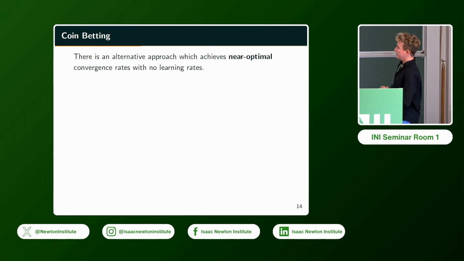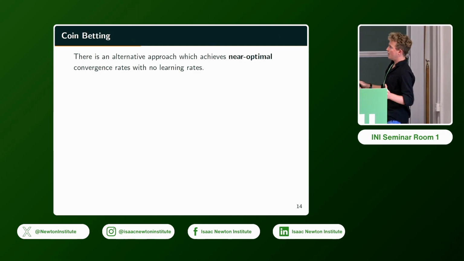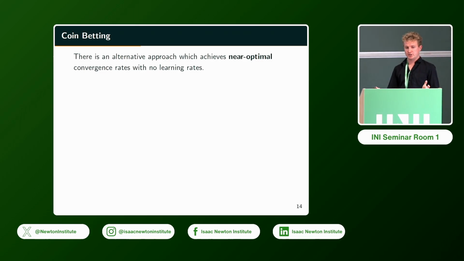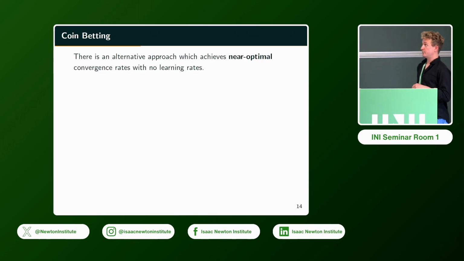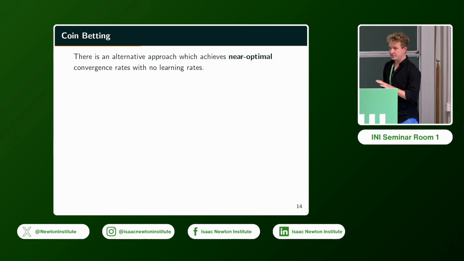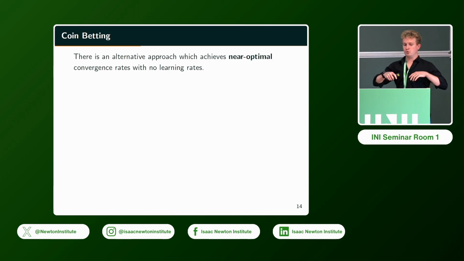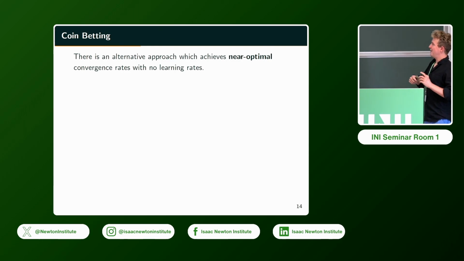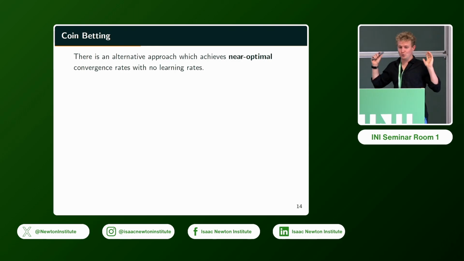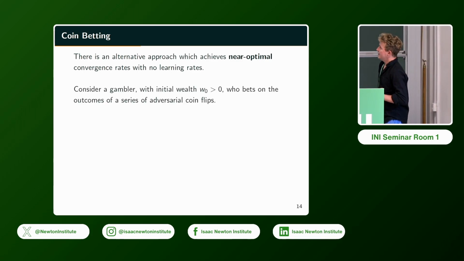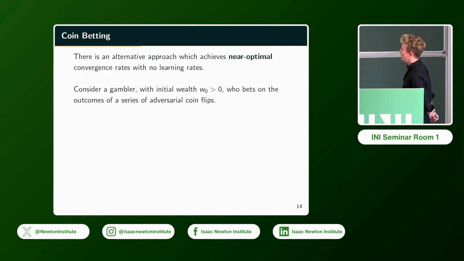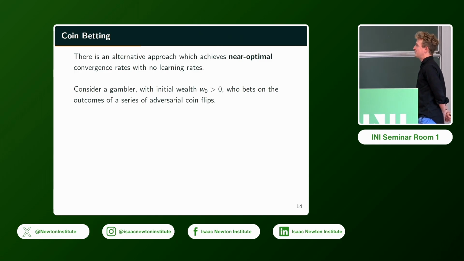Okay, so I'm going to take a brief detour now and talk about another method from the optimization literature, which essentially removes the need for learning rates or step sizes entirely. Now, this is a very different kind of construction to gradient descent type algorithms. I'm going to ask you to forget essentially all intuition about gradient descent type algorithms. This is going to be a very different kind of beast entirely. Okay, so we're going to start by considering this scenario, which for the time being might not seem connected to our optimization problem, but we'll draw that connection in a moment.